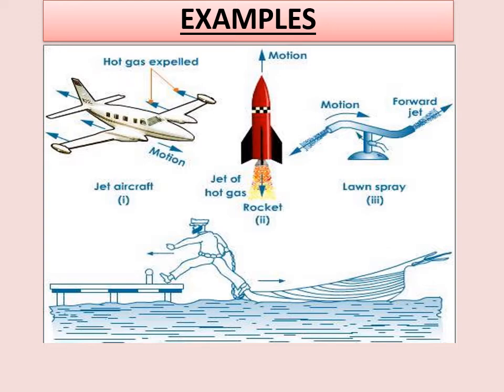And a man and a boat. Suppose a sailor in a boat is at rest near a river bank. As the sailor jumps from the boat to the river bank, as you are seeing here, the boat is pushed away from the bank when he is jumping. This happens due to equal forces of action and reaction. So in all these cases, we find action and reaction forces, and both are in opposite directions. That part you have to remember, children.